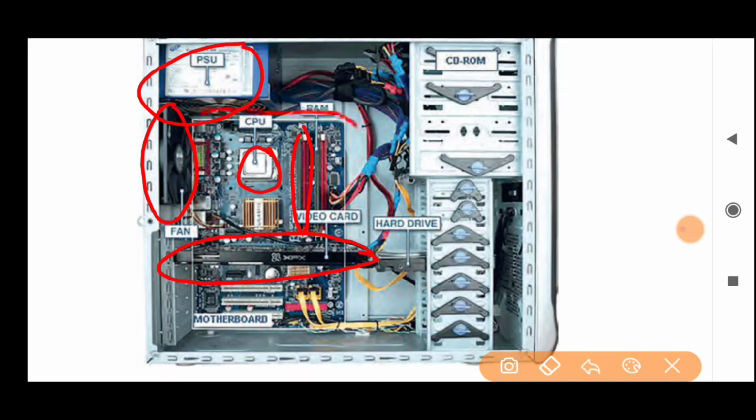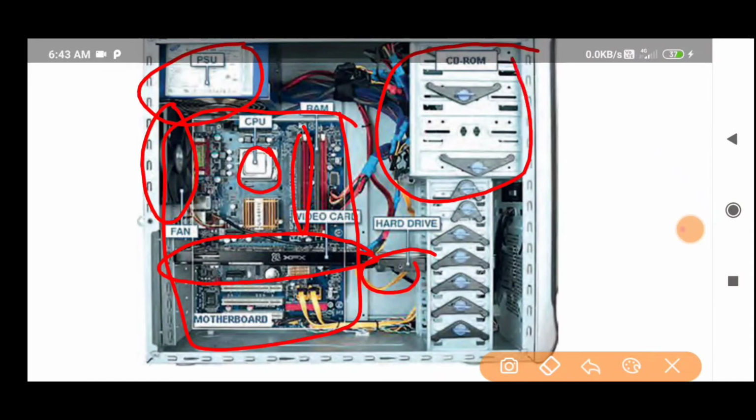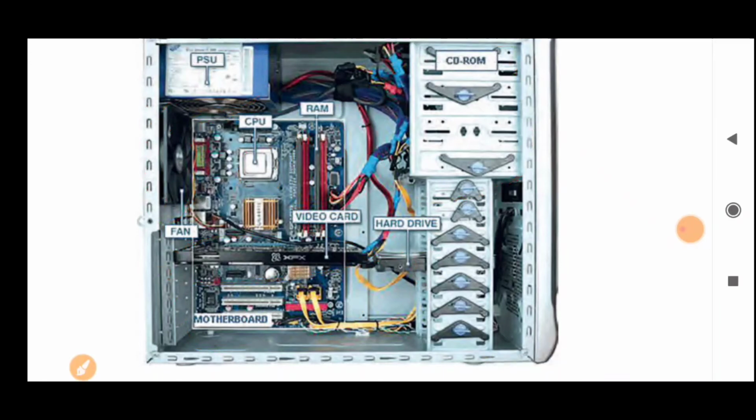Then you have this motherboard, which has all the chips built on it, along with the RAM and video cards, all your ICs or the chips that are soldered onto this motherboard. Then you have this hard drive, which is your storage device, and your CD-ROM, which reads the CD or the DVD. So this is the internal view of the CPU.